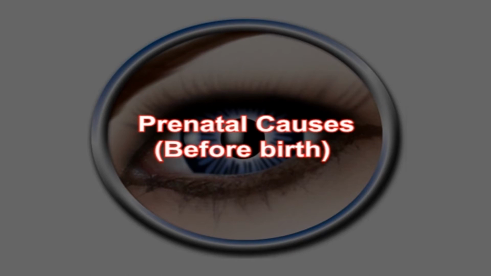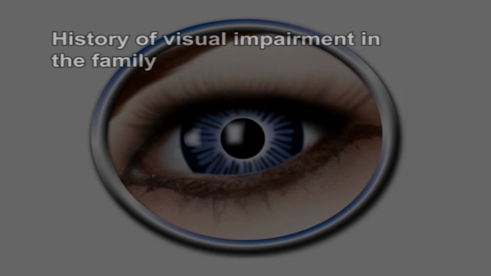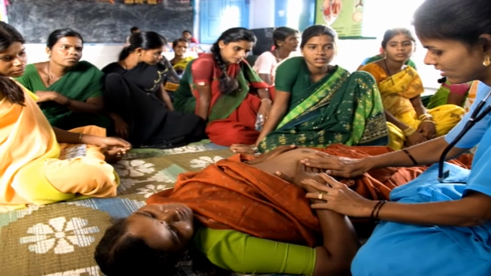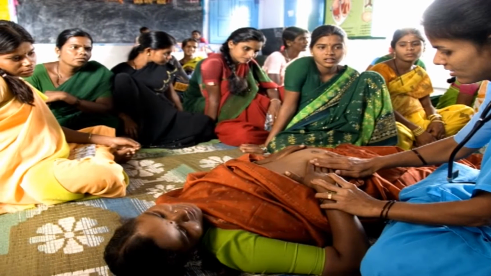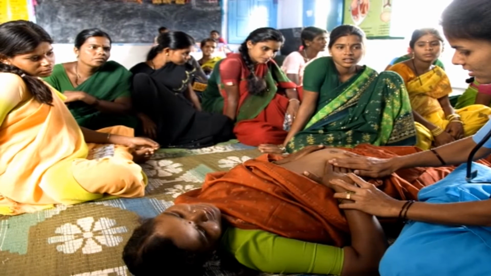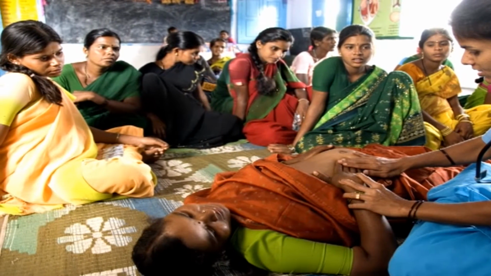Some of the common causes of visual impairment are parental causes before birth: history of visual impairment in the family, consanguineous marriages, marriages between close relatives, blood group complications or Rh incompatibility between the parents, infectious diseases or illness contracted by the mother during pregnancy, especially syphilis or German measles, rubella, particularly during the first 3 months